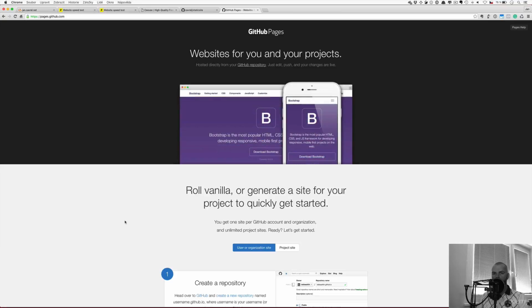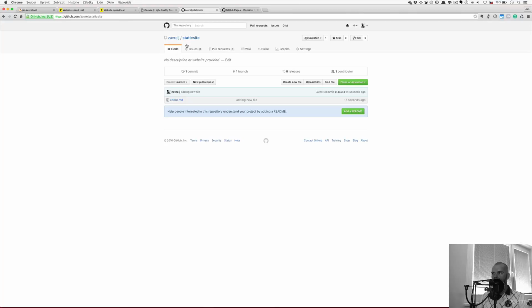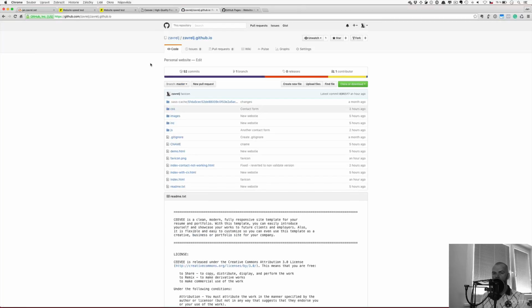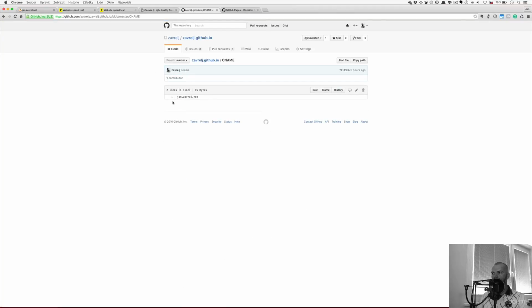If you really want to, you can hook your GitHub repository to your own domain. I will show you how this is done for my user page, which I use for my personal website. So if I go to zavrelje.github.io, you can see that I have a CNAME file. And inside the CNAME file, you will just define to which domain it will point. Once you have this, you have to go to your domain provider and set the CNAME with this name pointing to your